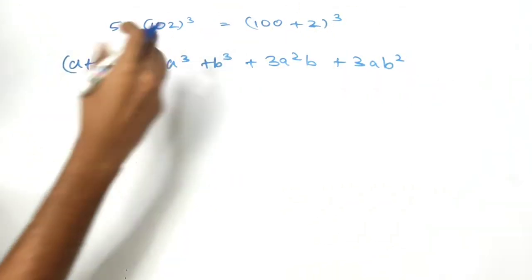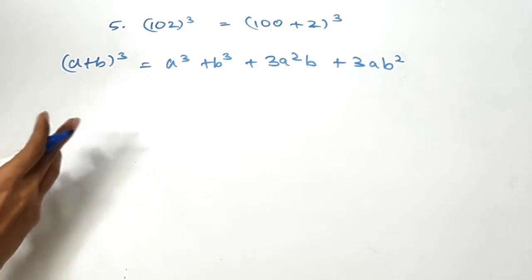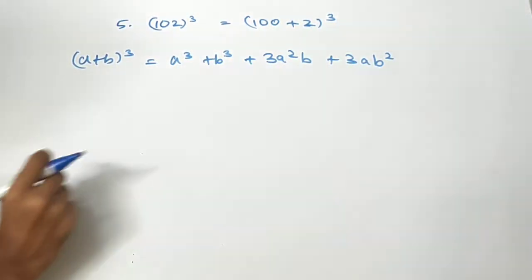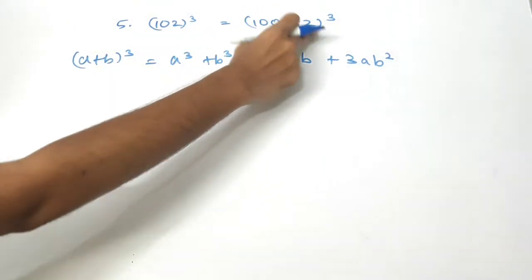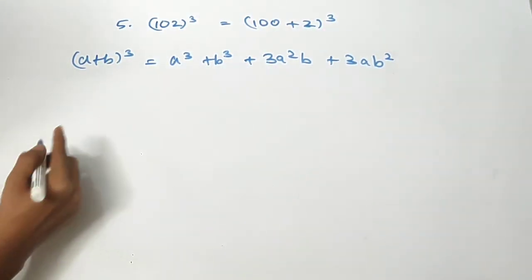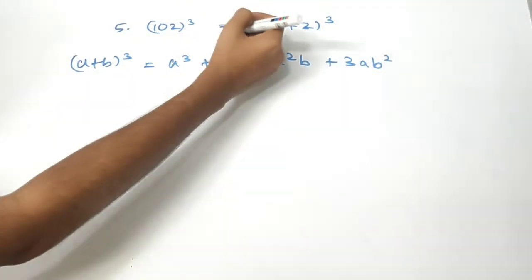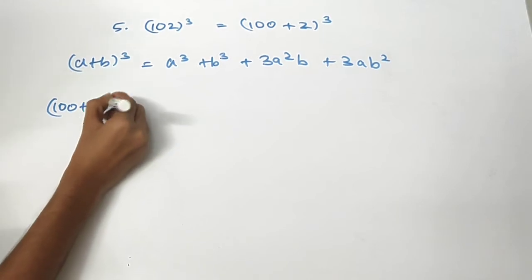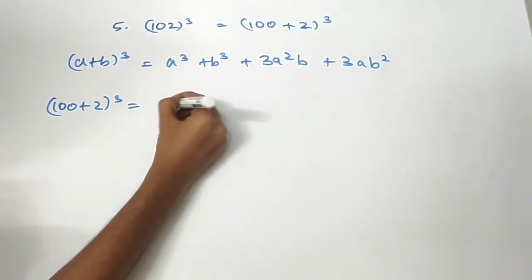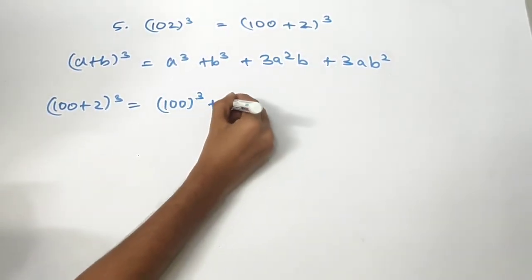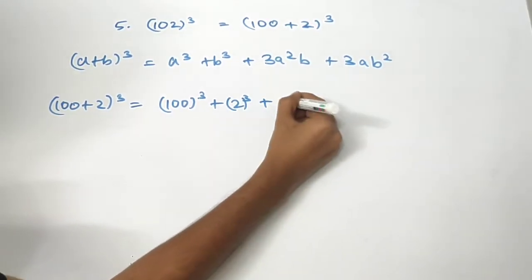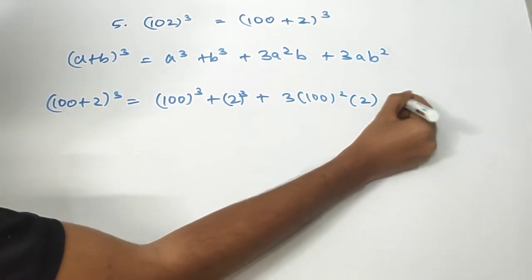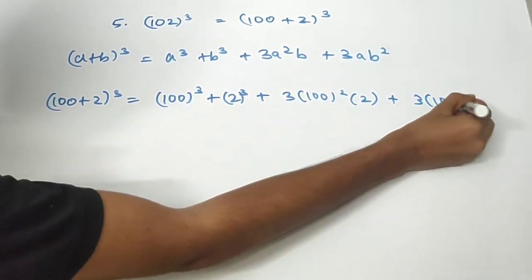When you say it out loud, it is very simple to memorize it. So try saying it often. Now we know that a plus b the whole cube is this whole thing. Now we have to just substitute it for a and b as 102. Simple, right? So when you try and substitute it, instead of a and b as 102, now 100 plus 2 the whole cube or 102 the whole cube is equal to 100 cube plus 2 cube plus 3 times 100 square times 2 plus 3 times 100 times 2 square